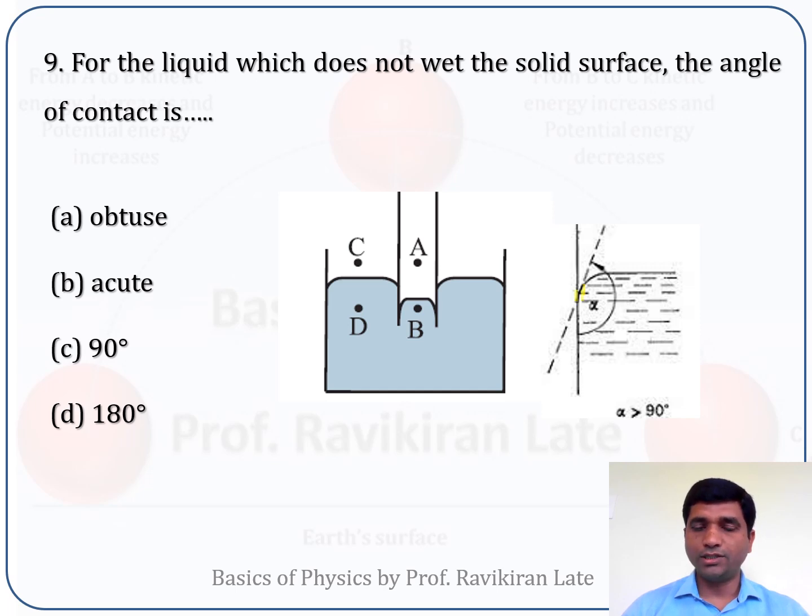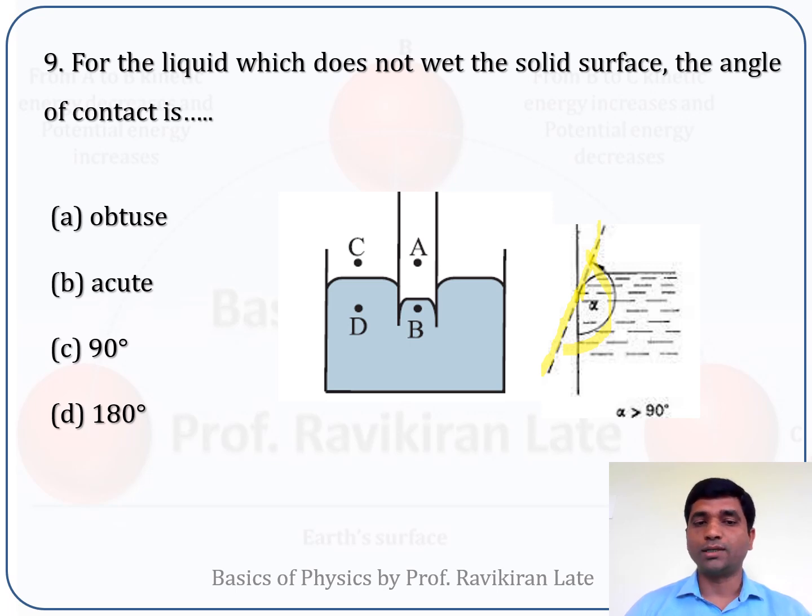I have drawn a tangent at this point in this fashion. Okay, this is a tangent. Now I have to measure this angle from the surface of liquid. So this angle is coming out to be alpha. If you see, this angle is greater than 90 degree, and the angle which is greater than 90 degree, we call it